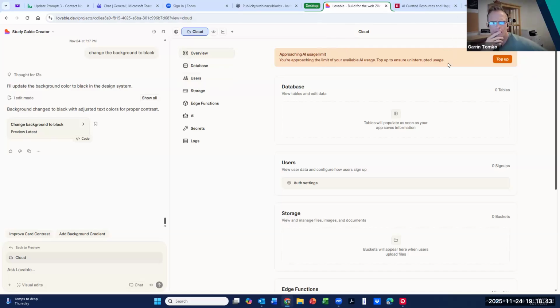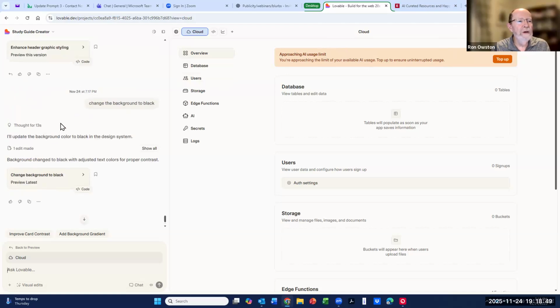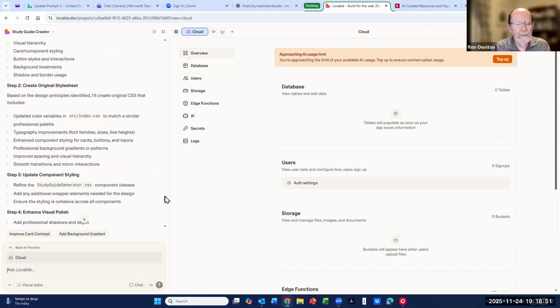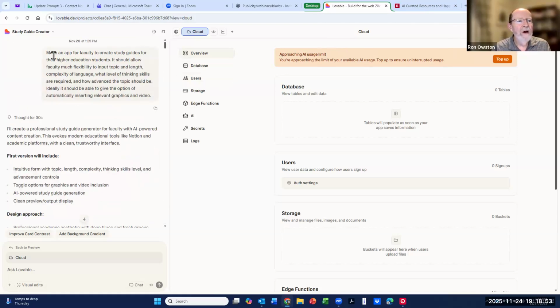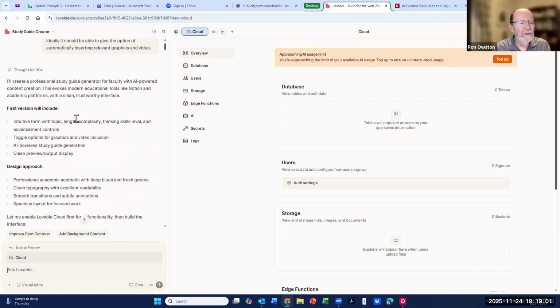Anyway, the point is that you can use ordinary, everyday language and tell it to do what you want. Maybe I can go back to the very beginning. Here's what I said: make an app for faculty to create study guides for higher education students. It should allow so and so, give options, and then it produced it.